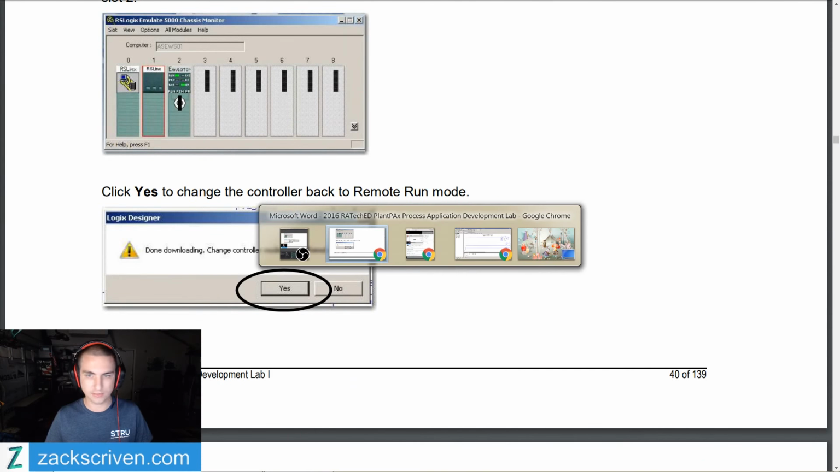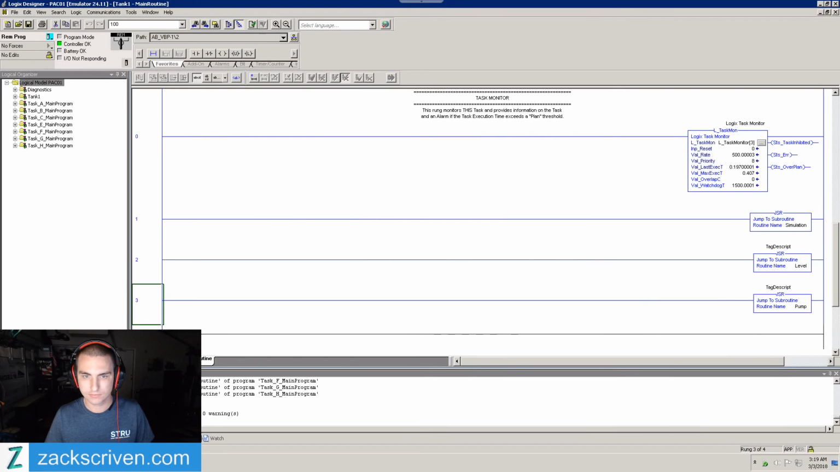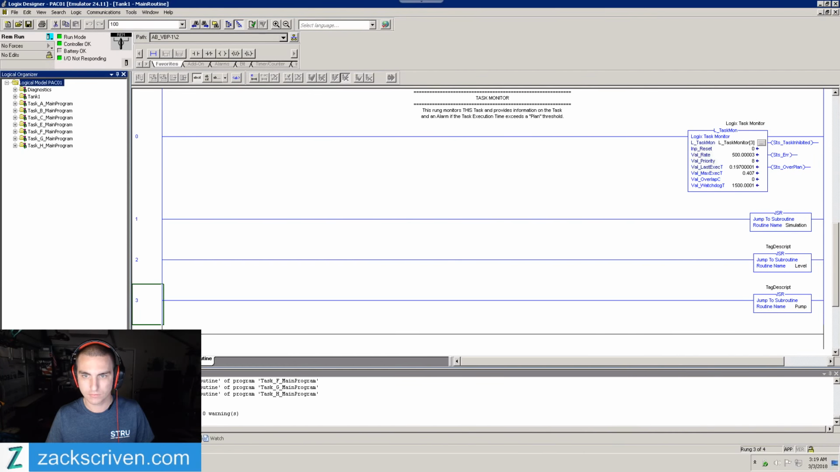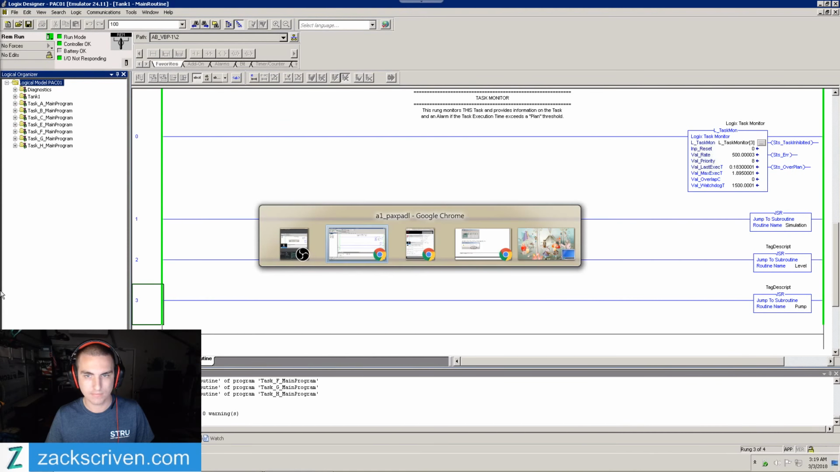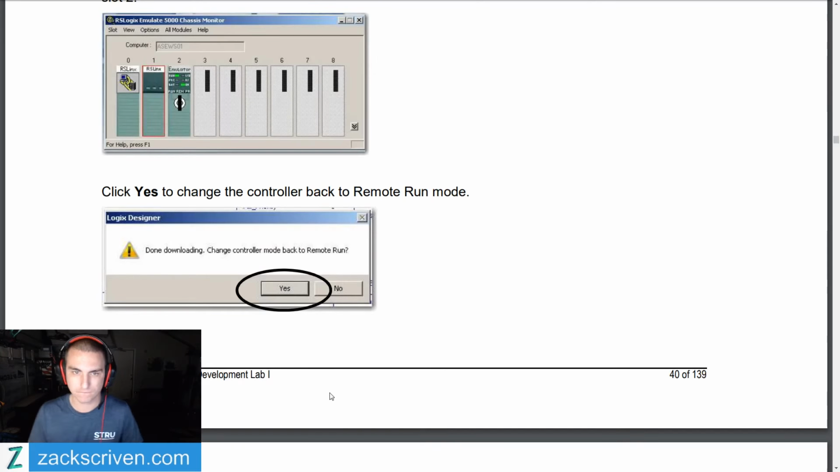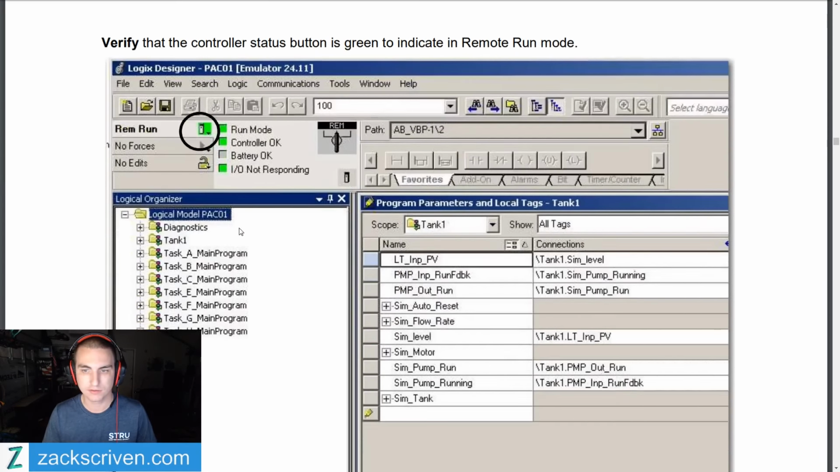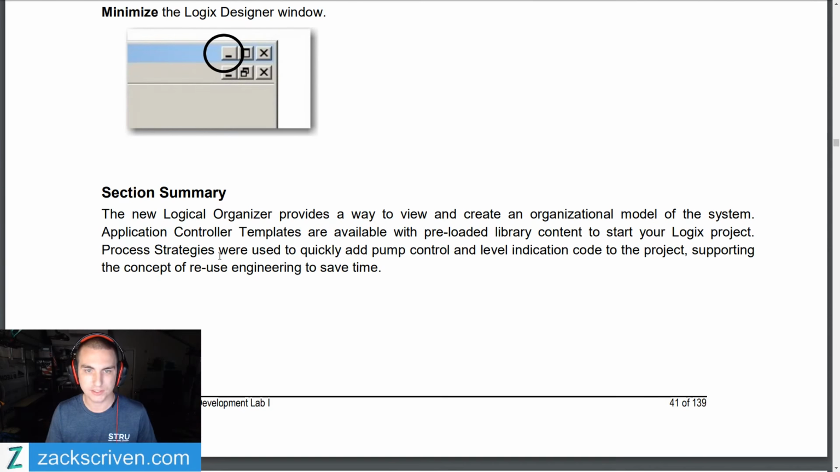Let's change the controller back to run mode. Verify that the controller status button is green to indicate remote run. Minimize the Logix Designer. So in this section summary, the new logical organizer provides a way to view and create